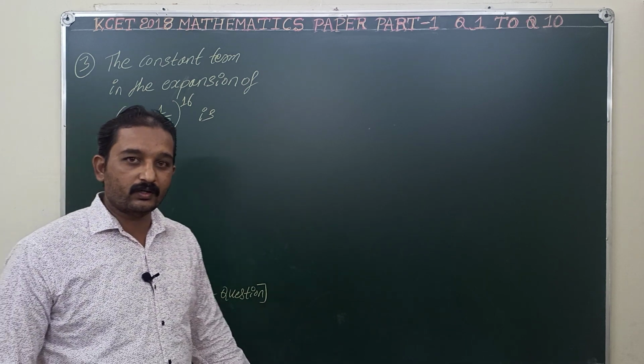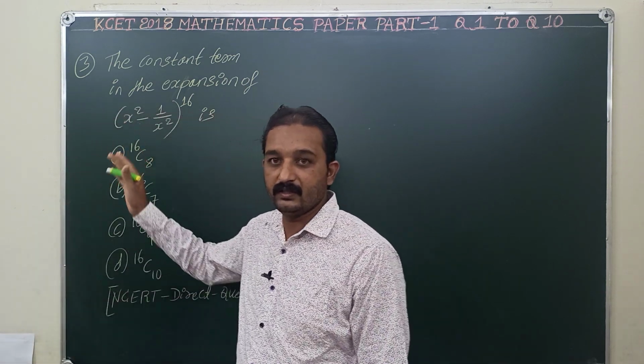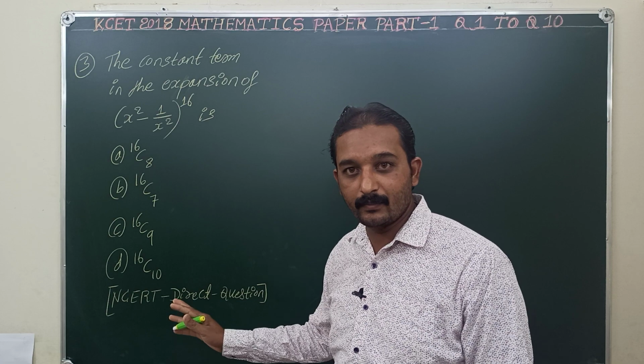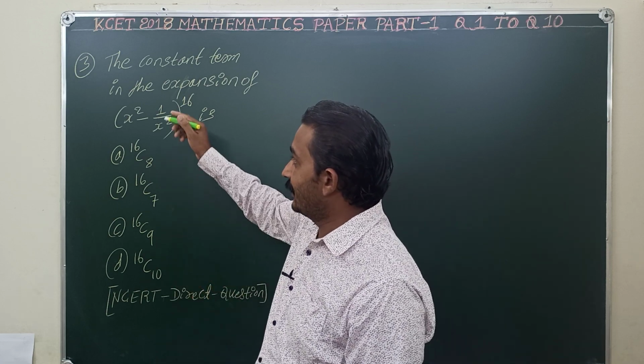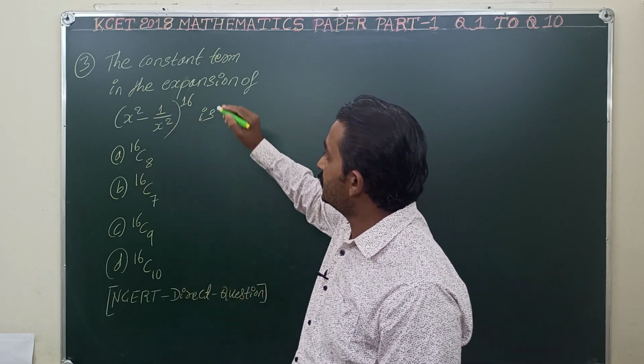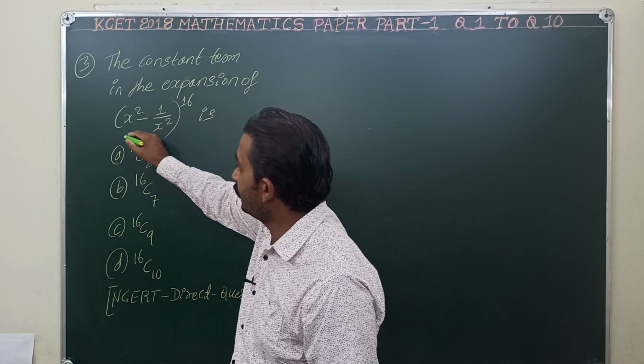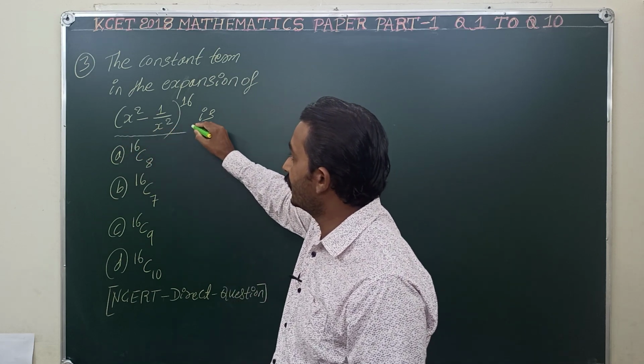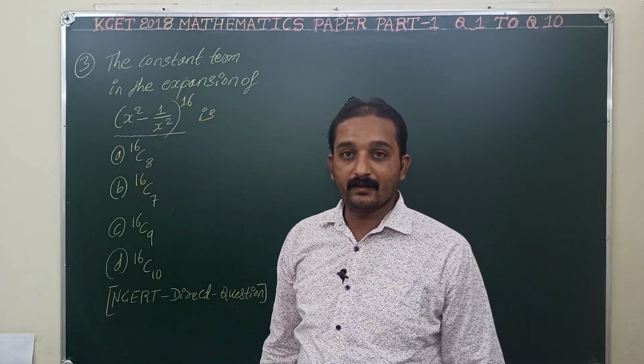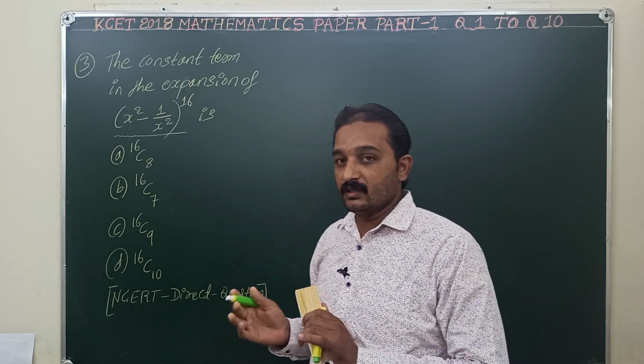So now let us move on to the next question, question number 3. This question is based on the chapter Binomial Theorem. Let us see the question. In this case, we have to find out the constant term in the expansion. This depends on the constant term. So first we know the formula,